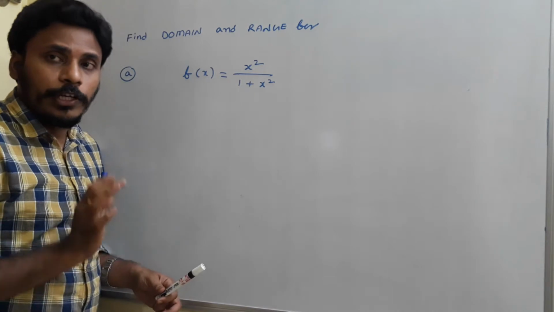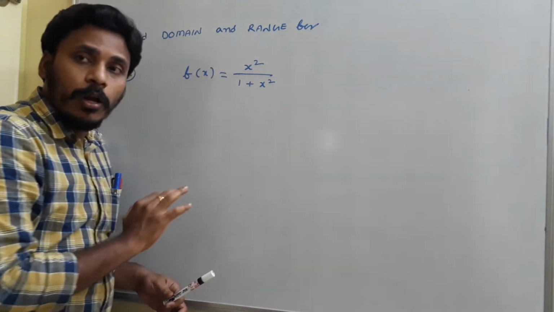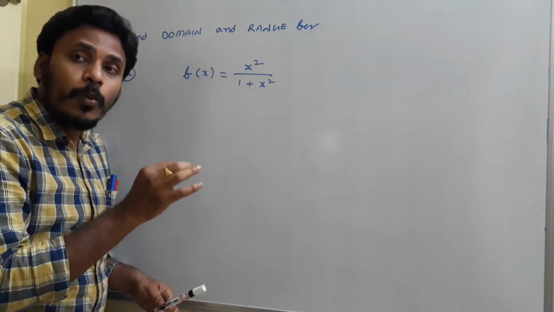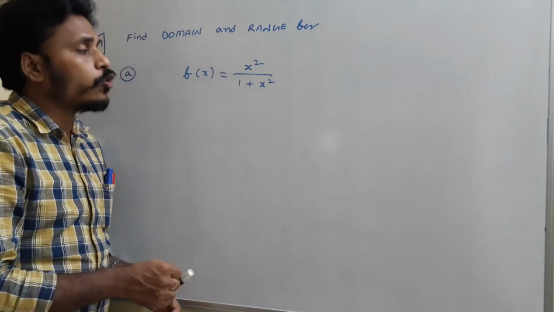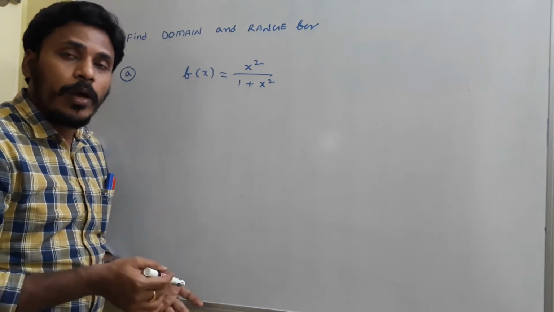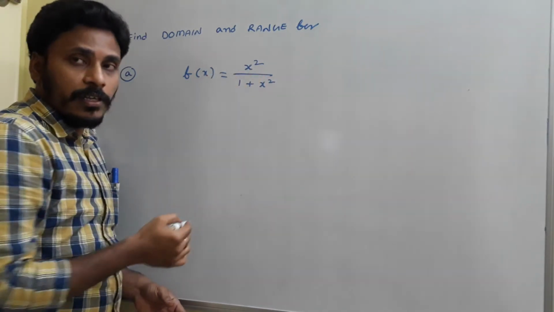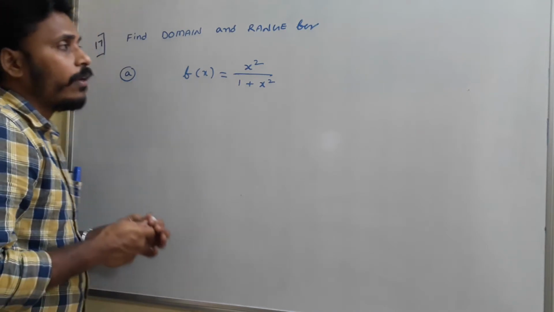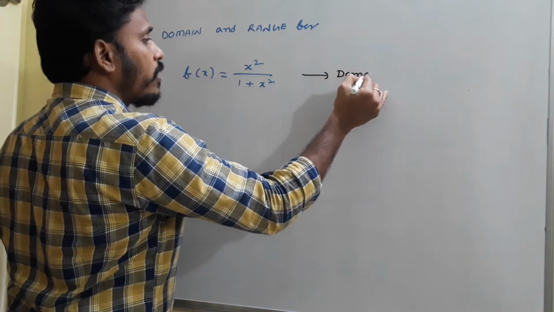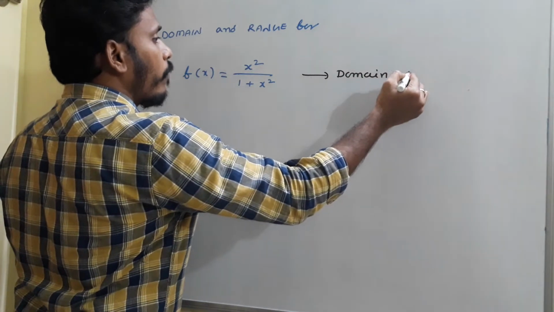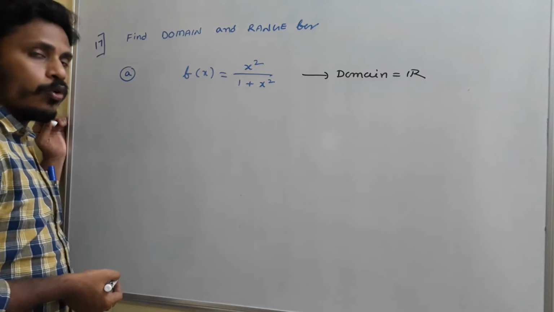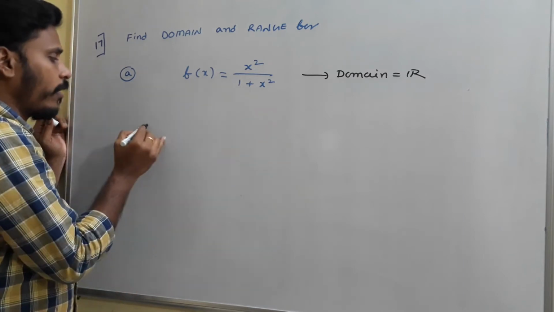If you observe the denominator, x square is always positive, 1 is also positive, 1 plus x square is for sure positive. So no problem, you just take any value in the place of x. For all those values, this expression will exist in real numbers, and that's why we need to say for this particular problem, the domain is all the real numbers. No need to eliminate anything from the reals. Every value is possible to take. The domain is all the real numbers.